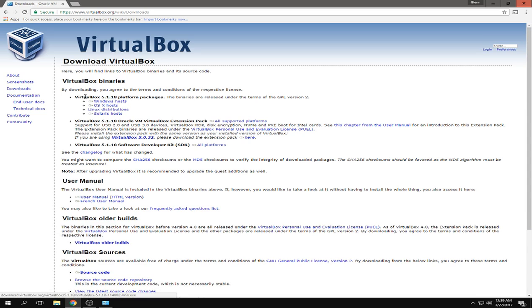If you are on Windows, this top one will always be the most current, so I would recommend going with the current version here. But if you're on Windows, hit Windows hosts. If you're on Mac, hit OS X hosts. If you're running a Linux distribution like Kali Linux or Ubuntu, click Linux distributions. You're also going to want to download this extension pack. All supported platforms. You just click that little button. Because I'm on Windows, I'm going to save that and also that over here. And just while these are downloading, because the VirtualBox is about 118 megabytes,